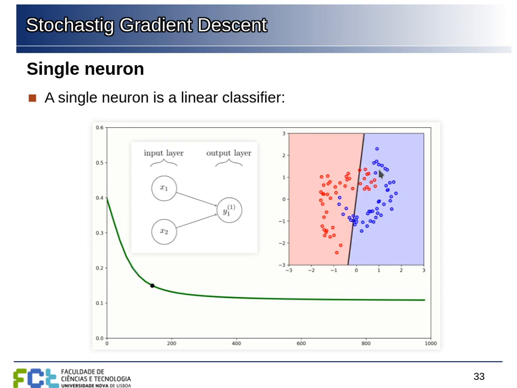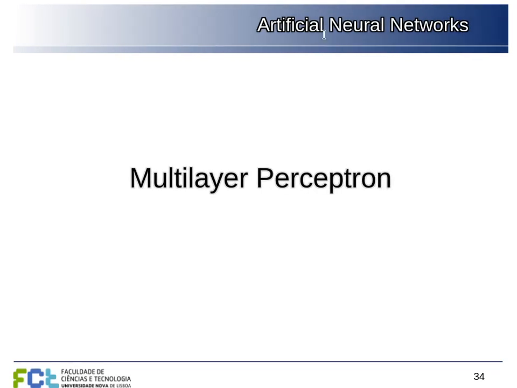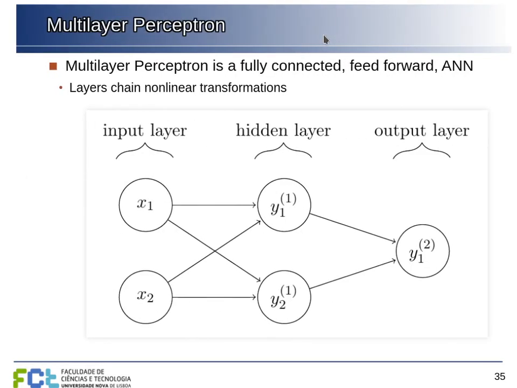And so we have this residual error here that we cannot eliminate. But we can use backpropagation to train more than one layer, a network of neurons. This is when you have a network where all the layers are fully connected to the layers in front. We have this multilayer perceptron.